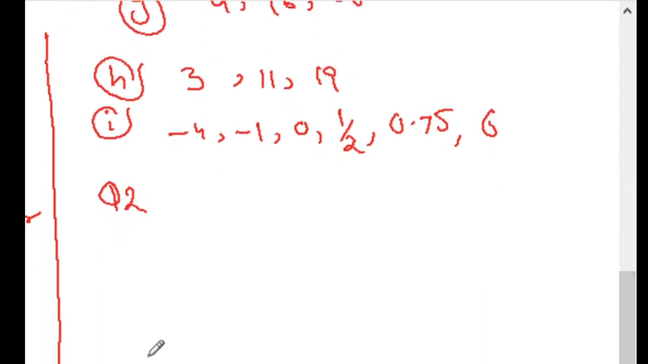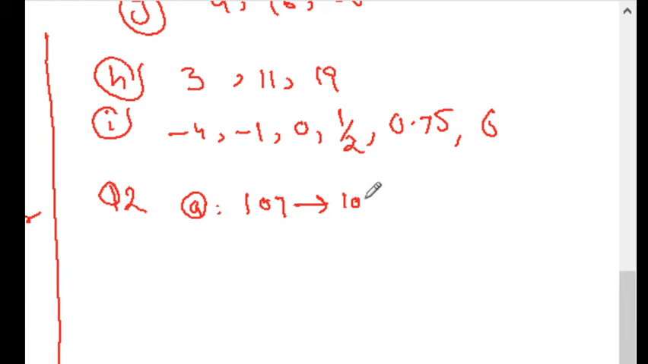What do they say in question number 2? I'm doing 3 parts only here. First part in question number 2 is the next 4 odd numbers after 107. So what are the next 4 odd numbers after 107? They are